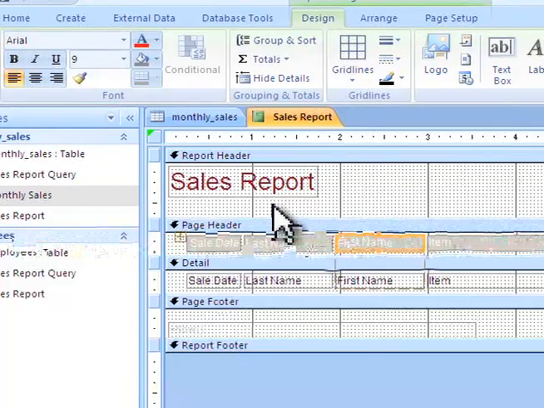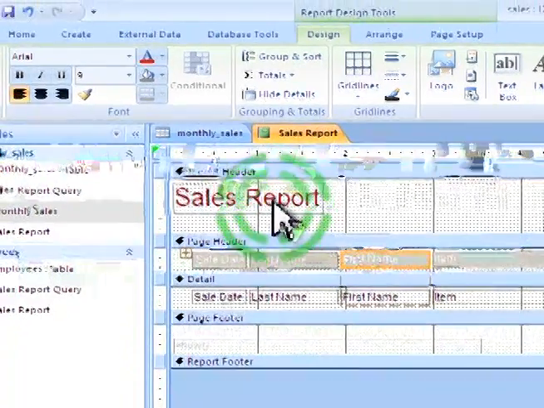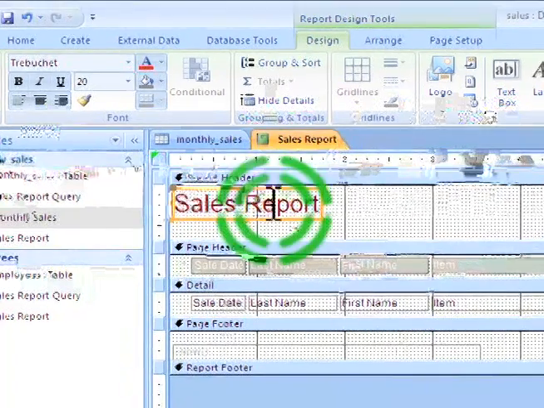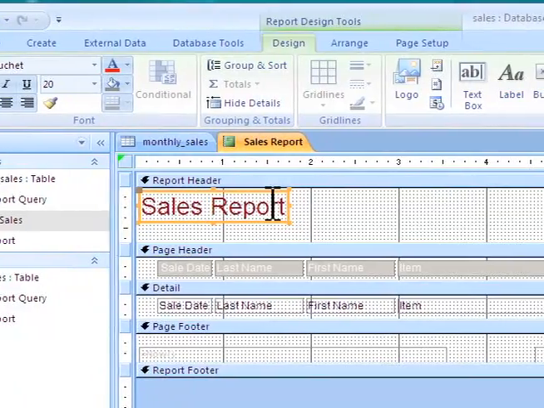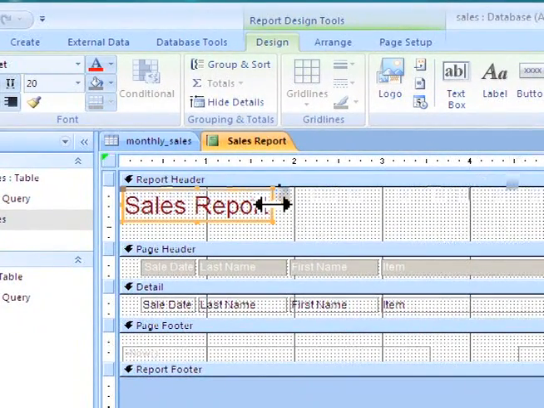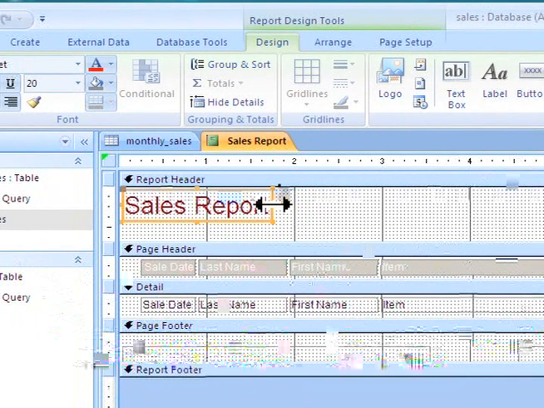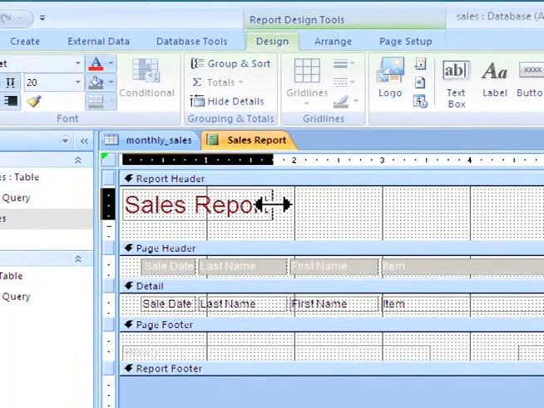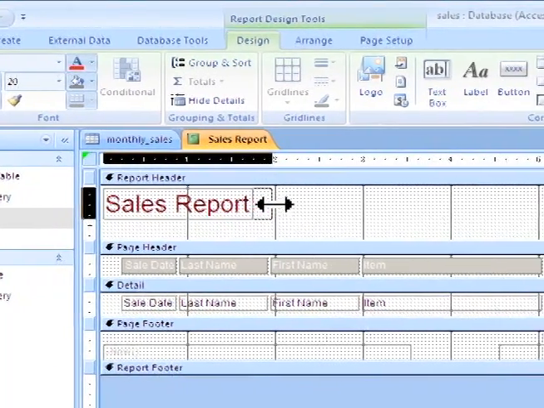To do that, we'll first click on it one time to select it. We'll then place the screen cursor over the right border of this header. Please note that the screen cursor has turned into a double-sided arrow. We'll then press and hold down the left mouse button and then move the mouse on the mouse pad to the right